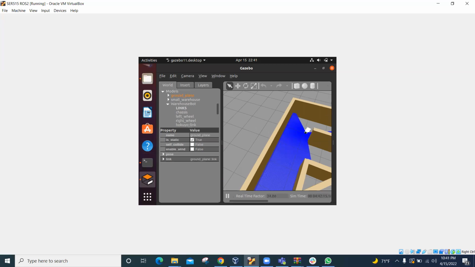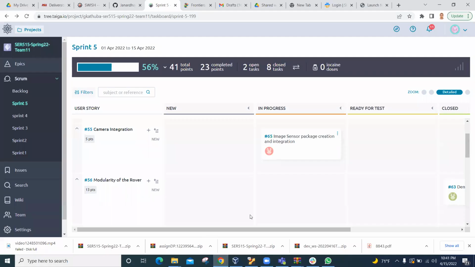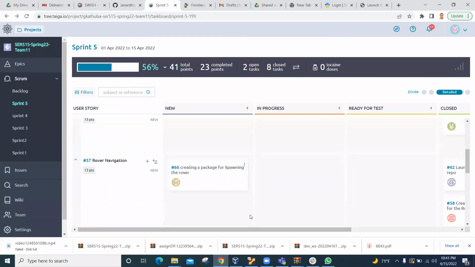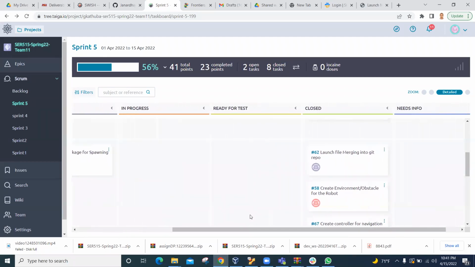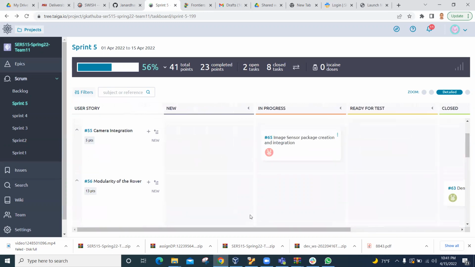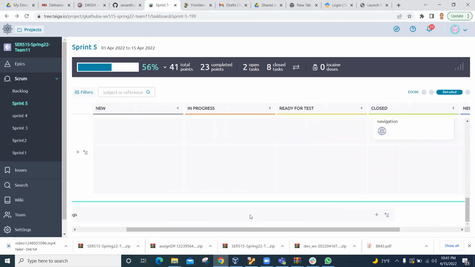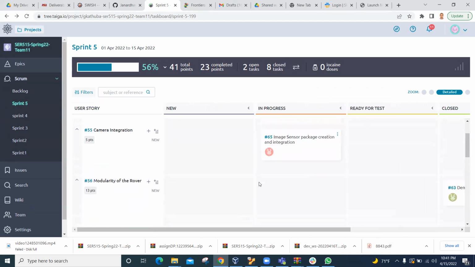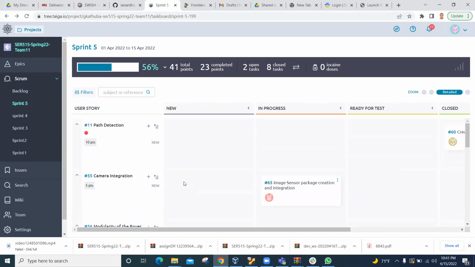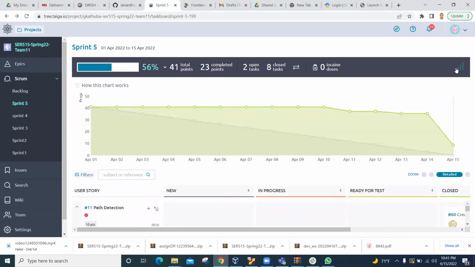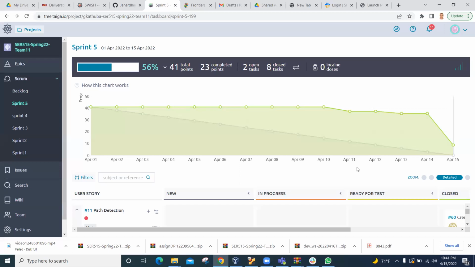And coming to the burn down charts and the Taiga board, the current standing of our sprint board at the end of sprint 5 is as shown. As you can see, most of the tasks are closed and we have done our best to close all the tasks. And the burn down chart at the end of sprint 5 is as shown. Yeah, so that's about it at the end of sprint 5,